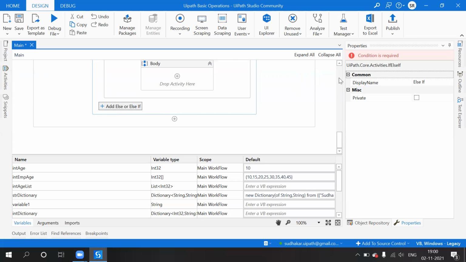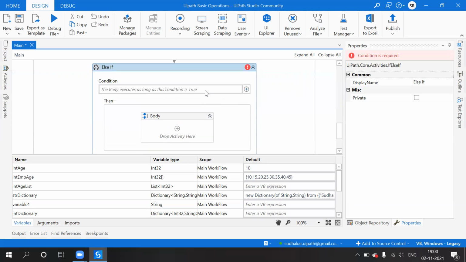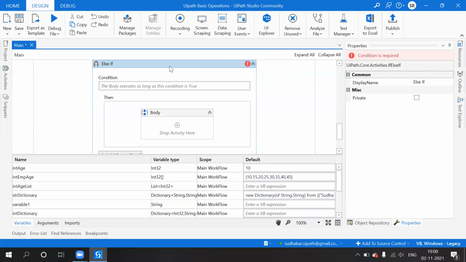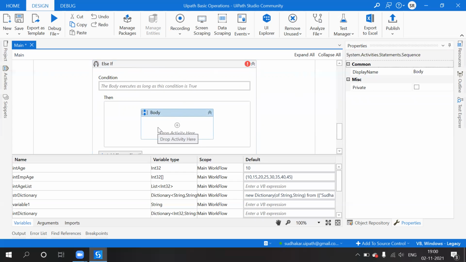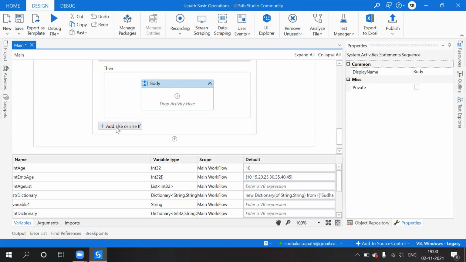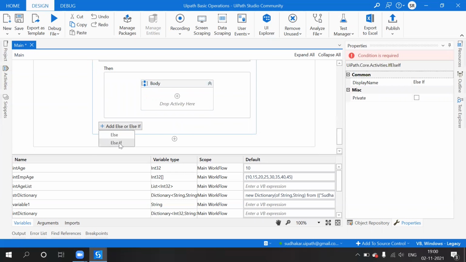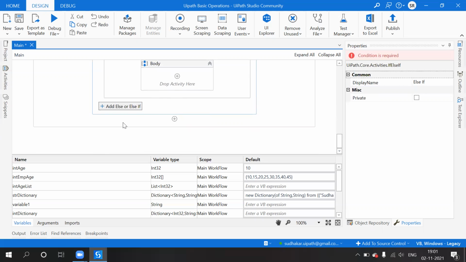Okay, so here the same, there is no difference in passing the values. Here we have to put the condition and check, if this condition is satisfied, what needs to be done. If the condition is not satisfied, then you have to end this loop, or you want to put one more condition. Here we will decide. If I use else if, it will add one more, and if you want, else.